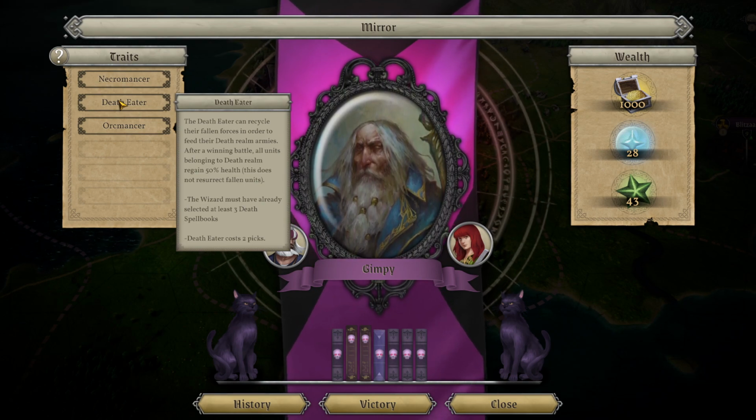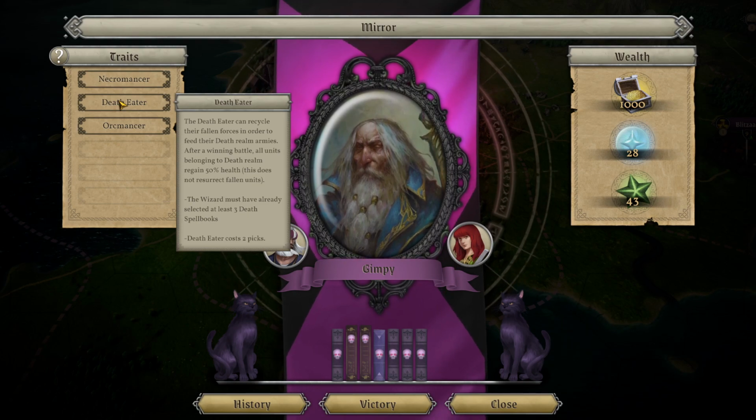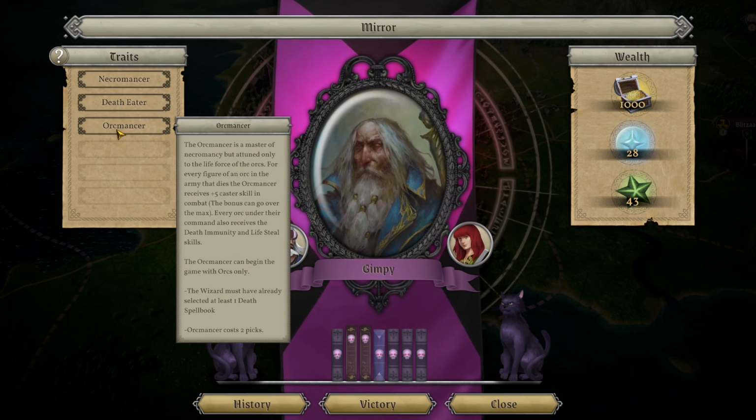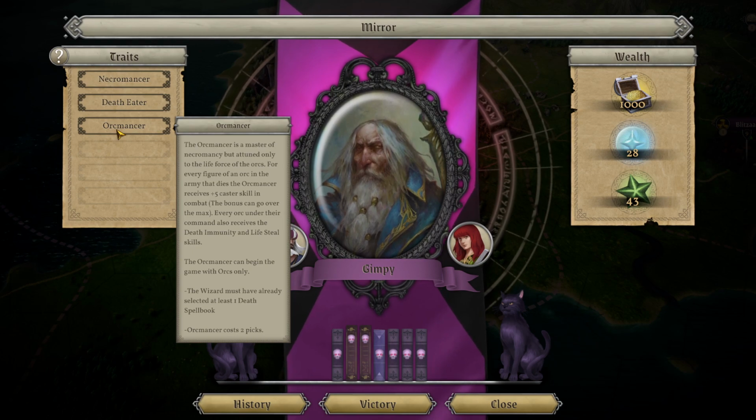And it doesn't resurrect dead people, but it's pretty good. It's worth the 2 points, it really is. And then Orcmancer. Basically what this is, you start off with orcs as your main race. Your orcs